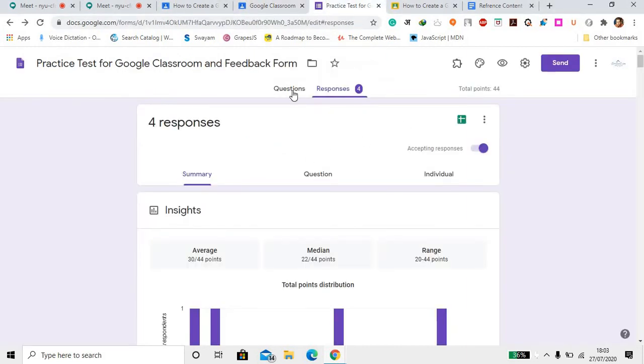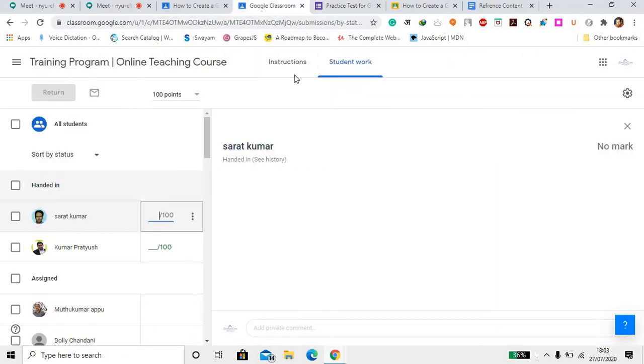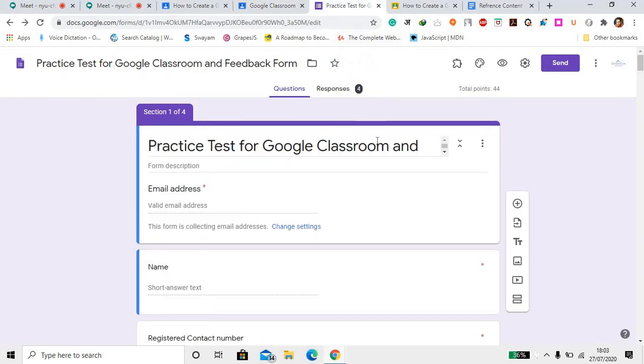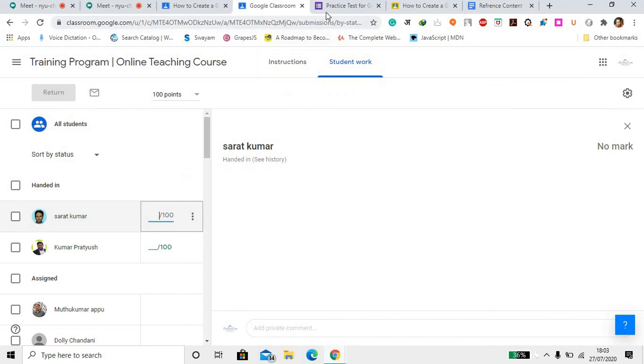This test was of 44 points, and we have taken the criteria of 100 out of 100. What we need to do is give marks separately for this, according to the performance. I can give marks based on this, or I can have a different criteria. If a student submits this test earlier, I will give extra 5 marks. So I can give marks to the students from here, like let's say I'm giving 95 marks to them